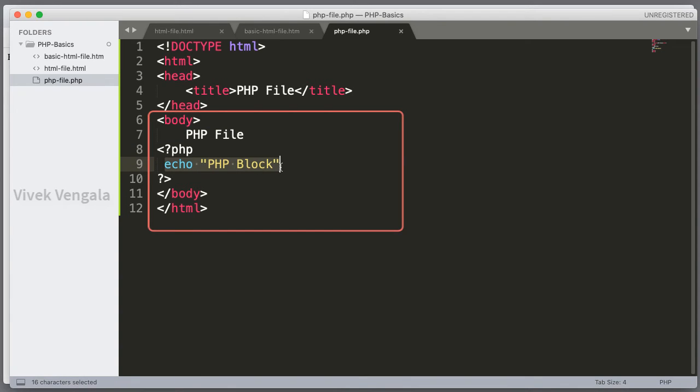For displaying a simple text, I have to add echo. We have to use the echo function. This is a PHP default function. It's the simplest function and we'll be using it a lot in our PHP programs. And you have to follow this standard, that is using quote marks. You can even use single quote marks for displaying this text.